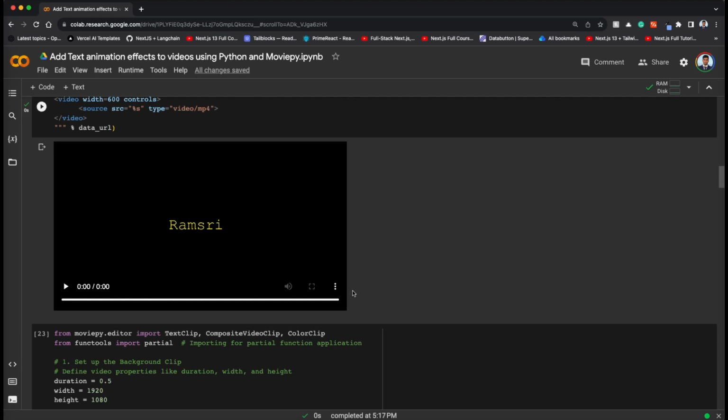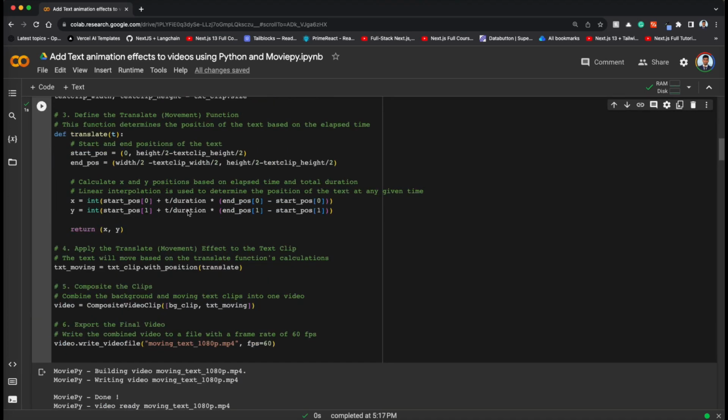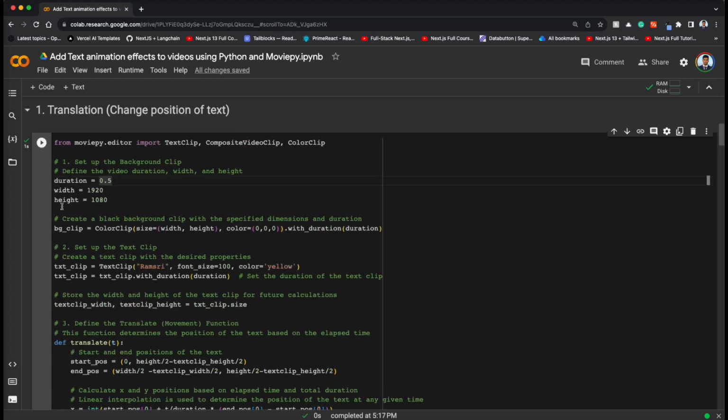Instead, if you already have a video, instead of creating a background clip that I'm doing, you can render this text on top of the video that you already have. So if your video is of different size, you can just load the video and get the height and width dynamically as well. But here I'm creating a black background. So I'm creating a background clip, a color clip, basically with the color 000 black, and the duration is this